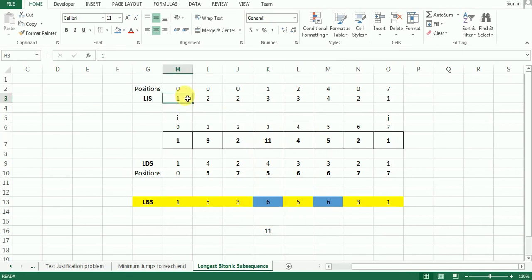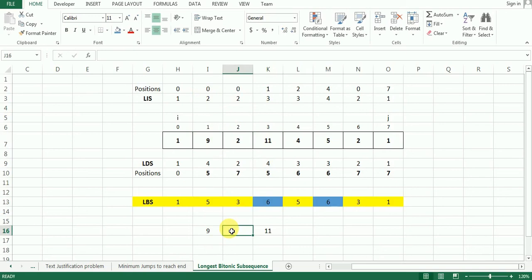So all I have to do is to make use of this position array. So at 11, what pointer or what address is it giving me? So 1 is the address stored here. So I will go to this cell because here I have 1, and I will find the value here, which is 9. I will put 9 over here and it becomes our next component on the left hand side.